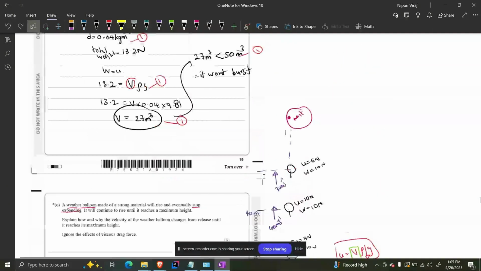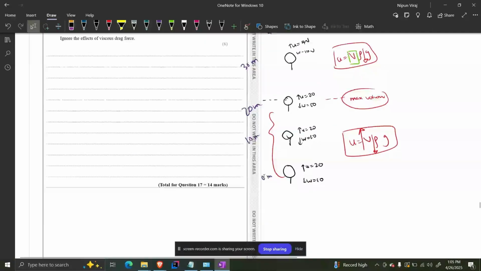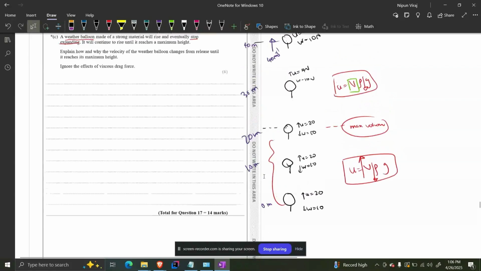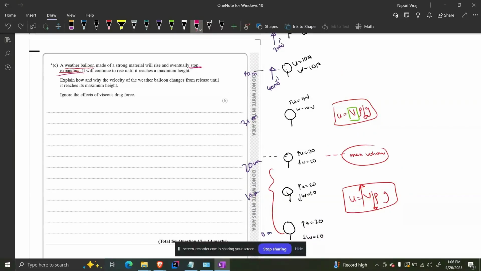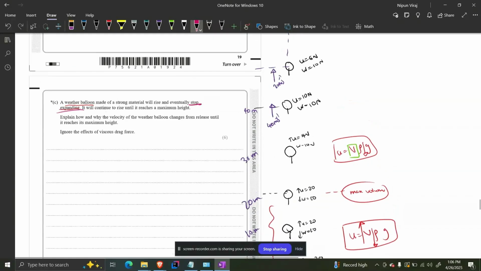From the bottom point to the highest point, weight will remain the same. But what will happen to upthrust? Upthrust will remain the same until the balloon reaches its maximum volume. Until the balloon reaches this point, where it eventually stops expanding, upthrust will be the same, because when the density decreases, volume will increase, and it will try to manage it. But after the maximum volume point is passed, there is no control for upthrust to maintain the volume. Therefore upthrust will decrease